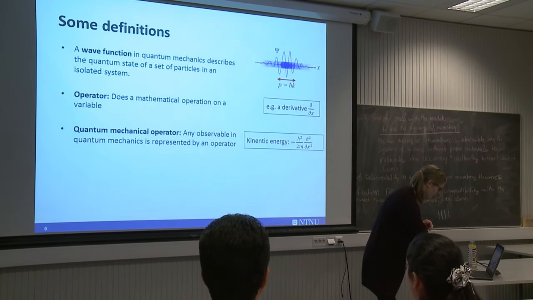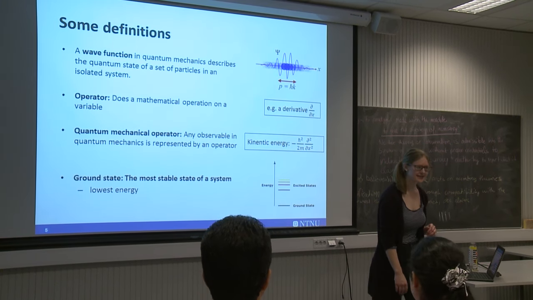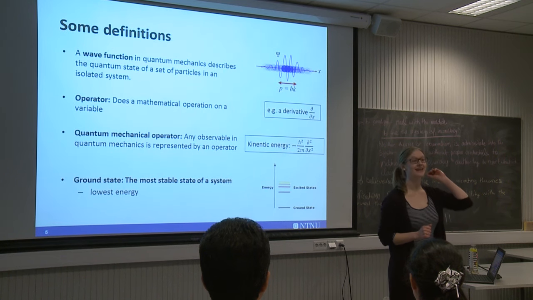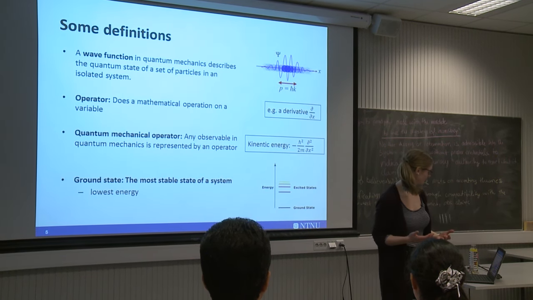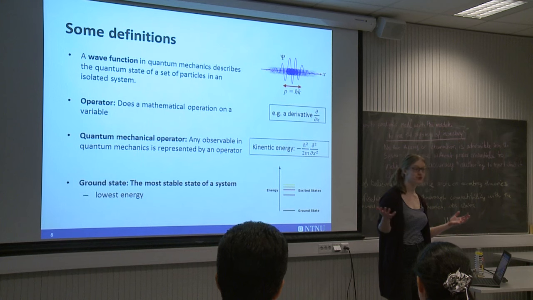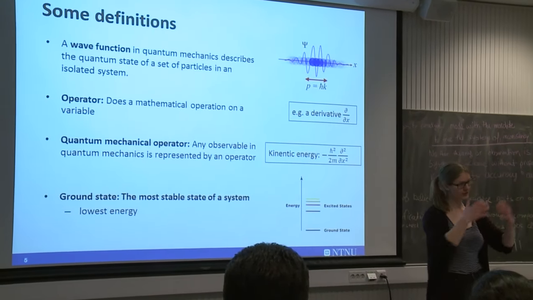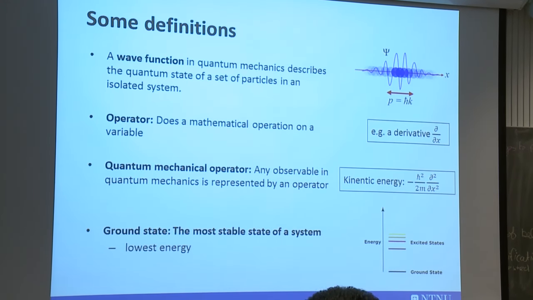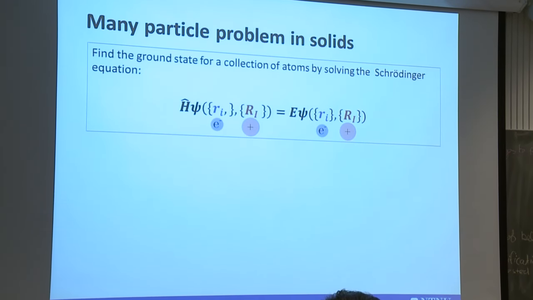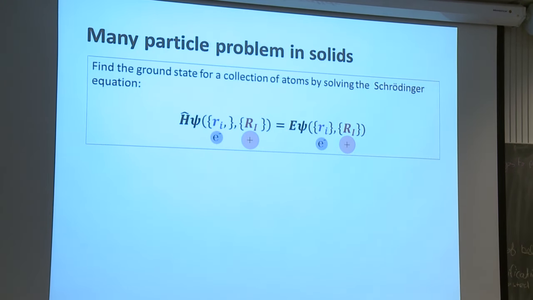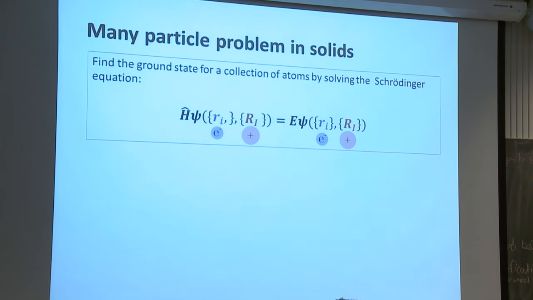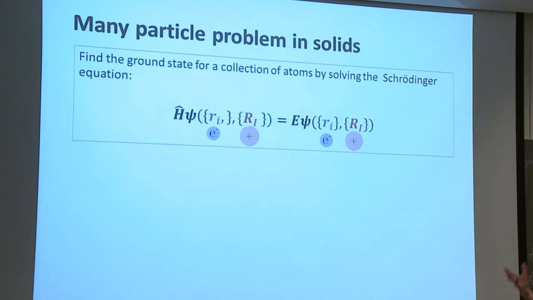And lastly, ground state, that's mainly what we're after. We're after defining the ground state of our system. That's basically the most stable state of our system, the lowest energy state, right? Okay, so that's that. So now we start from the beginning. We're interested in finding the ground state of a set of particles. And the way we do that is we try to solve the many-body